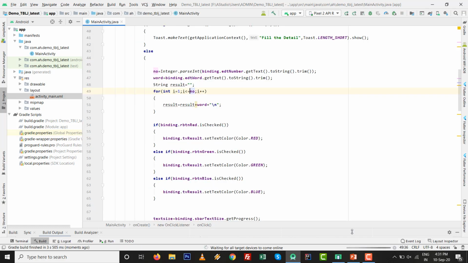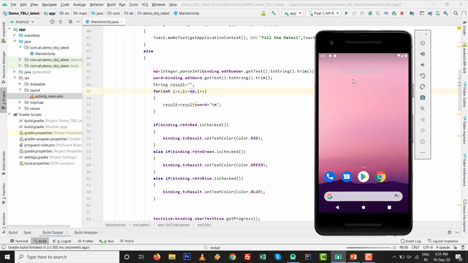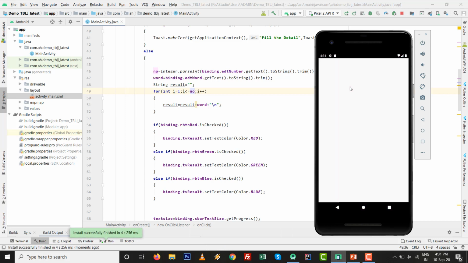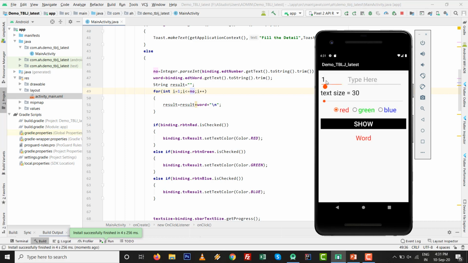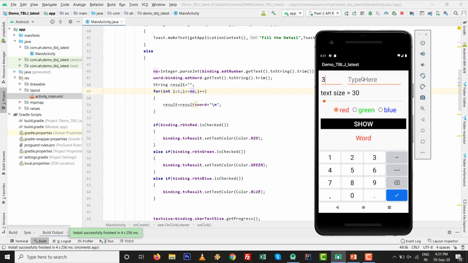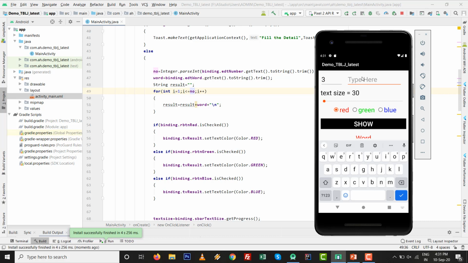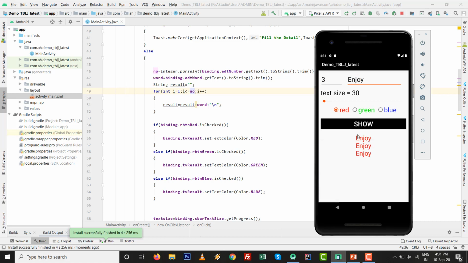I close this one, and see this one, the for loop is important. So again I am going to type this one this way. I type 3, then type enjoy, click on show, 3 times show is there, and simultaneously it will be affected that way also.